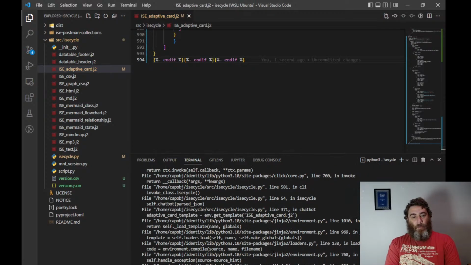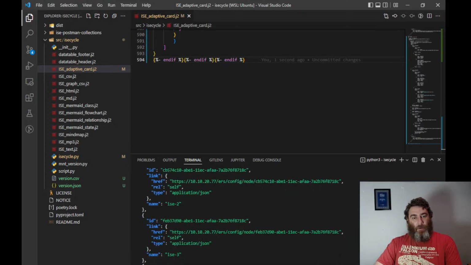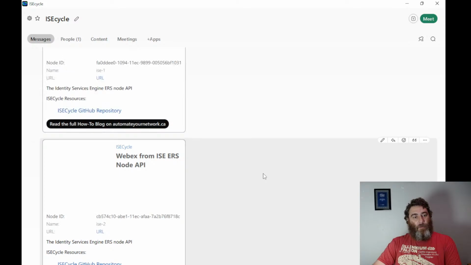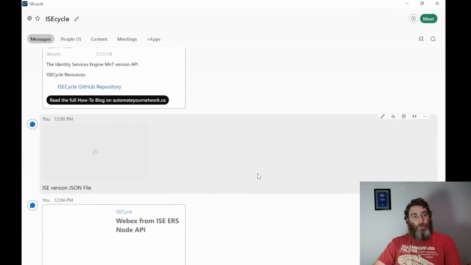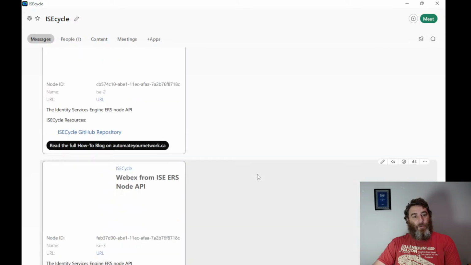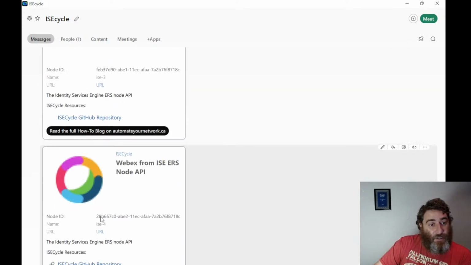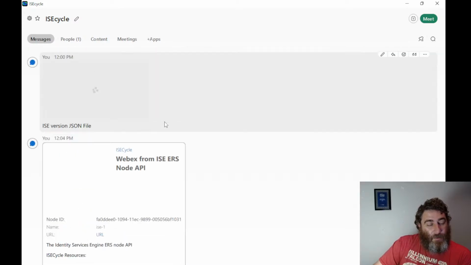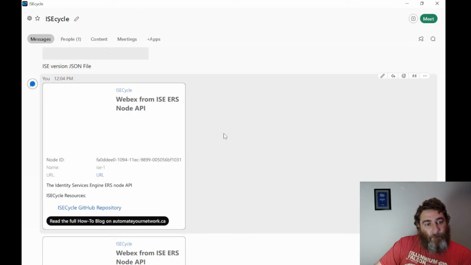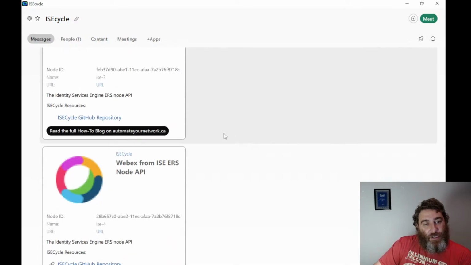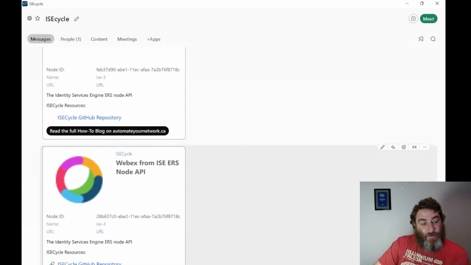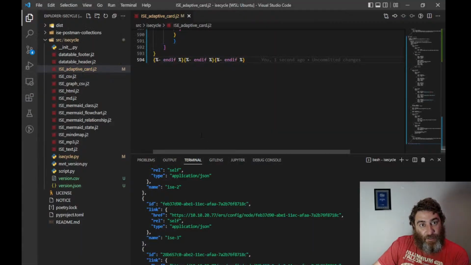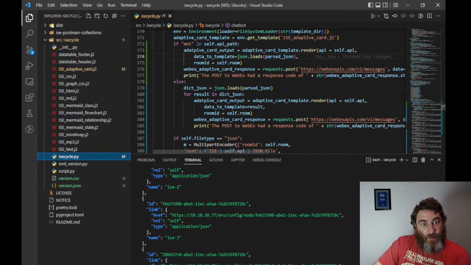Node, no file type. And now do I have, yes, 1, 2, 3, 4 adaptive cards with each node and a URL for each of the nodes. Now, I should get 4 files if I add a file type. So I'm going to have to adjust that logic a little bit in my Python here to say